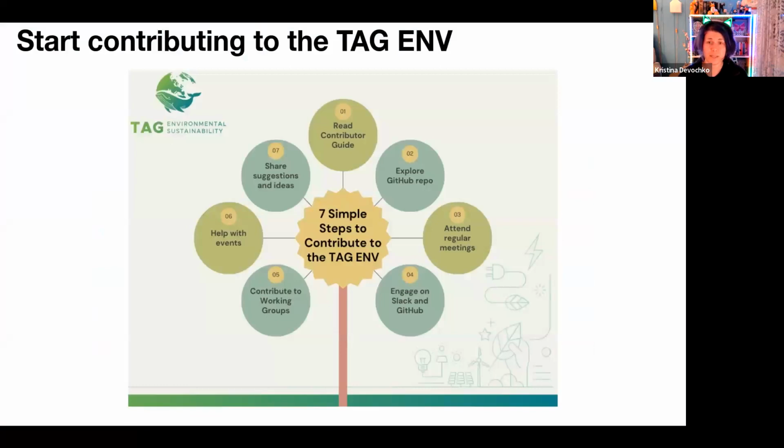And when it comes to the TAG itself, Leo mentioned quite a few steps, and here we also tried to kind of visualize it a bit. So we have a contributing guide in our GitHub repo where we go more into the details of how you can start contributing and how you can submit your first pull request, for example. We have issues on GitHub which you also can filter based on the labels. We have the help wanted label, and I'm wondering if we have a beginner-friendly label.